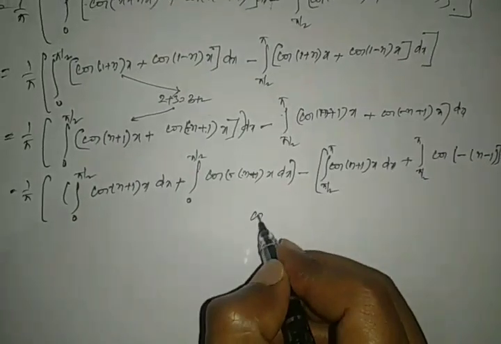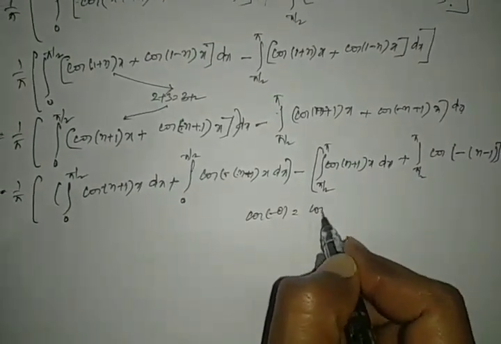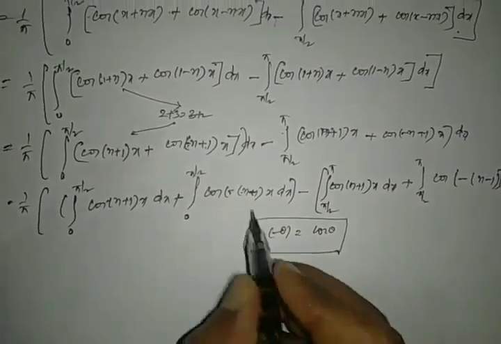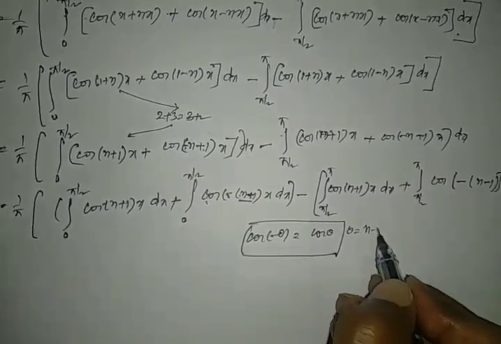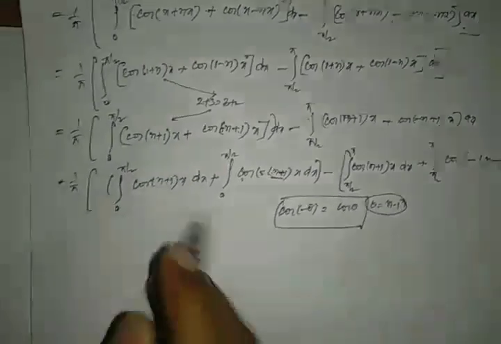See, we know that cos of minus theta is cos theta, so here cos of minus theta is equal to cos theta. Before that,